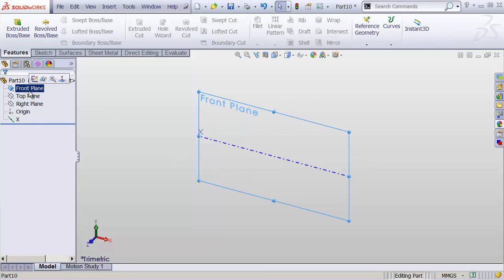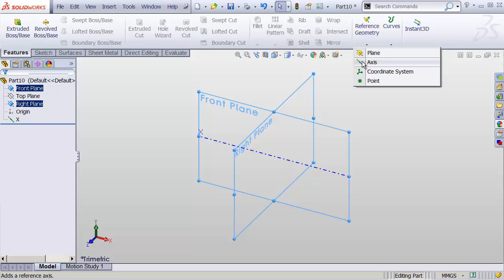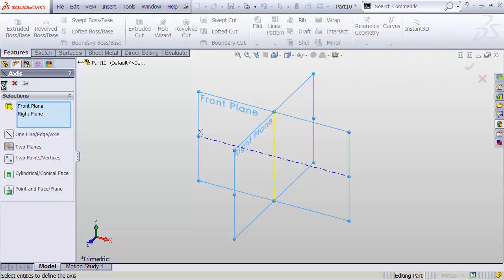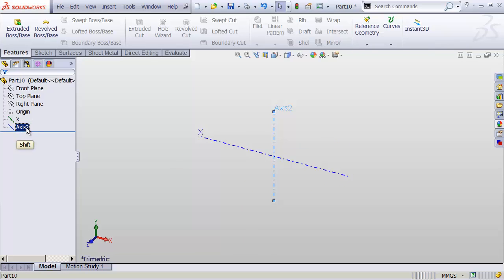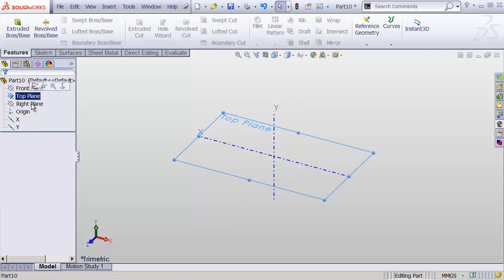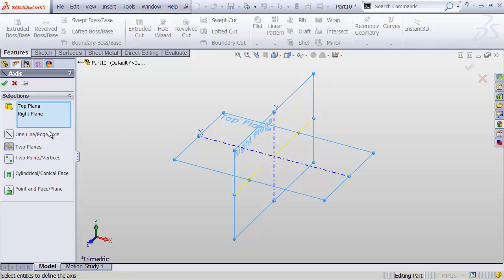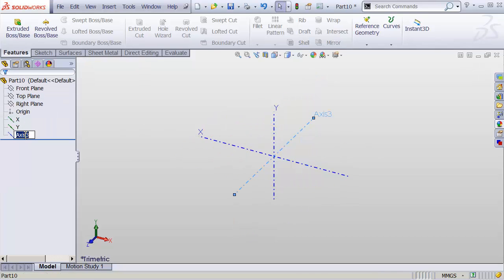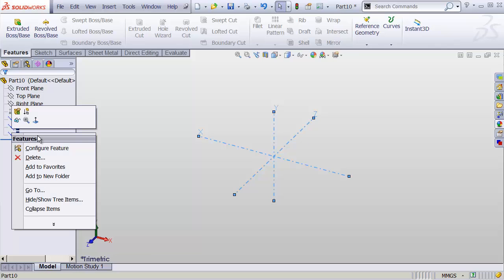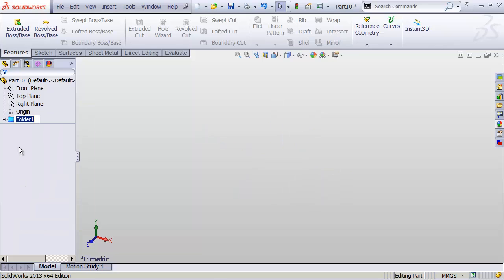Next, we'll click the front plane, Control-click the right plane, come up and create another axis. Hit OK. This one happens to be our y-axis, so we'll just name it y. Finally, we'll grab the top plane and the right plane. We'll come to Reference Geometry, Axis, hit OK, and we'll call this one our Z-axis. I'll take each one of those things and hide it. Then click on X, Shift-click on Z, right-click on any one of them, Add to New Folder, and we'll rename